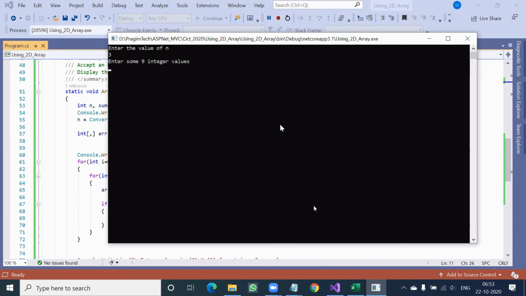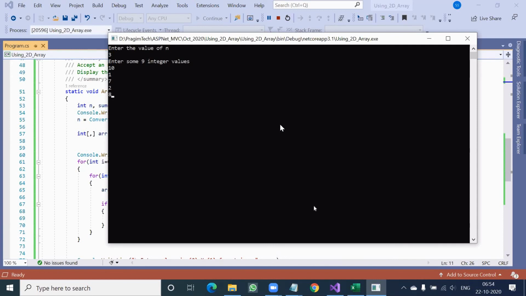Then I went on entering the values. I will give some easy numbers so that it will be easier for us to calculate also. First number I gave 10. Second number I gave 1. Third number I gave 7. Fourth number I gave, suppose, 2.